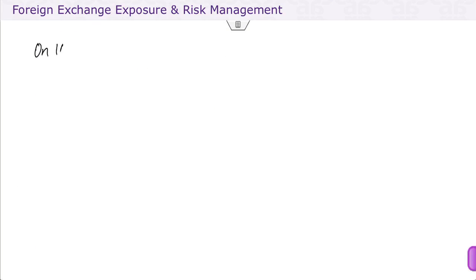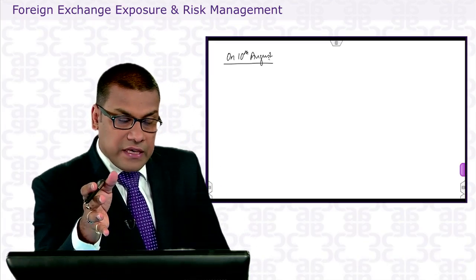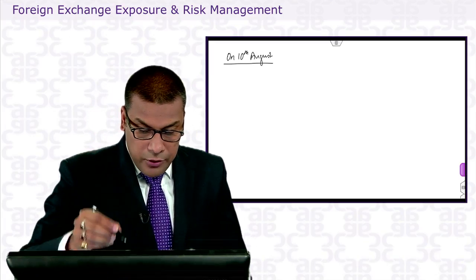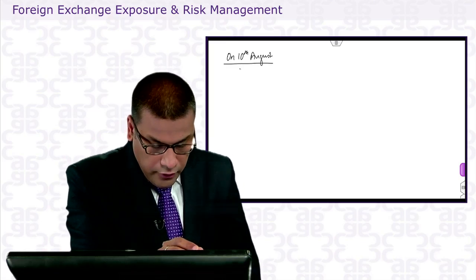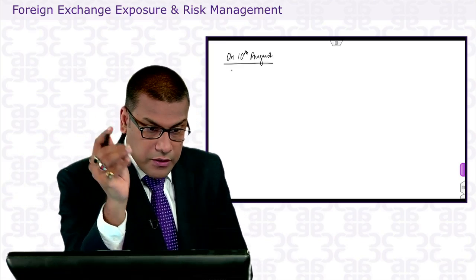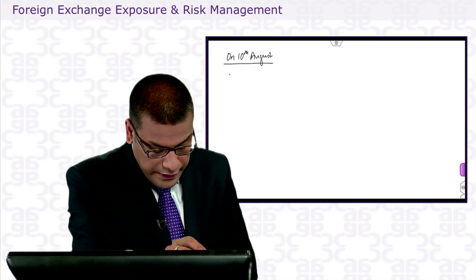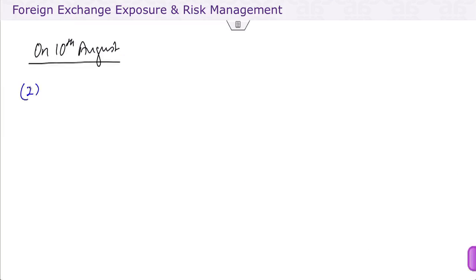So on 10th of August there is one date, because on that date you're coming and approaching a bank saying I want to cancel your contract. So what would happen on that day, the bank will enter into a forward contract with the customer. As we said, since you want to extend it by a month, there will be two contracts. So the first one in this case would be